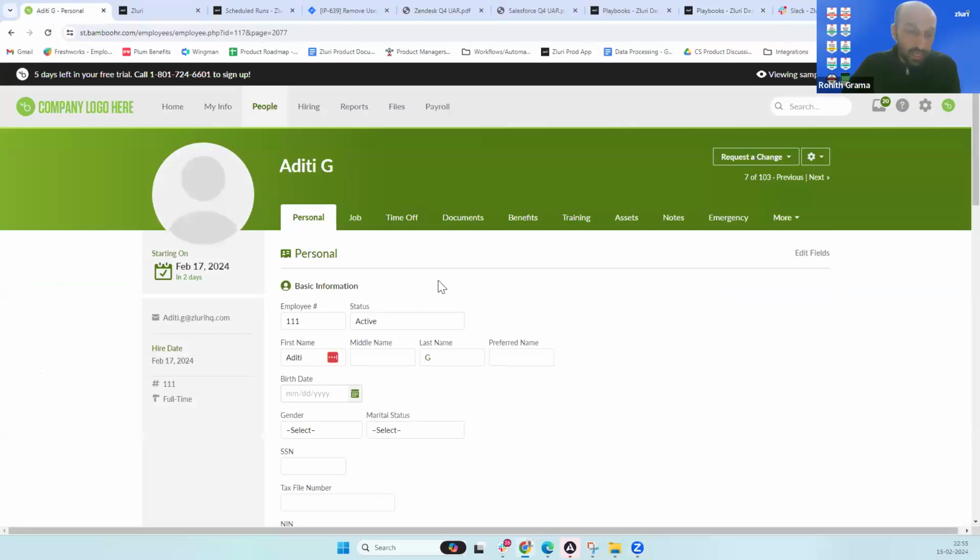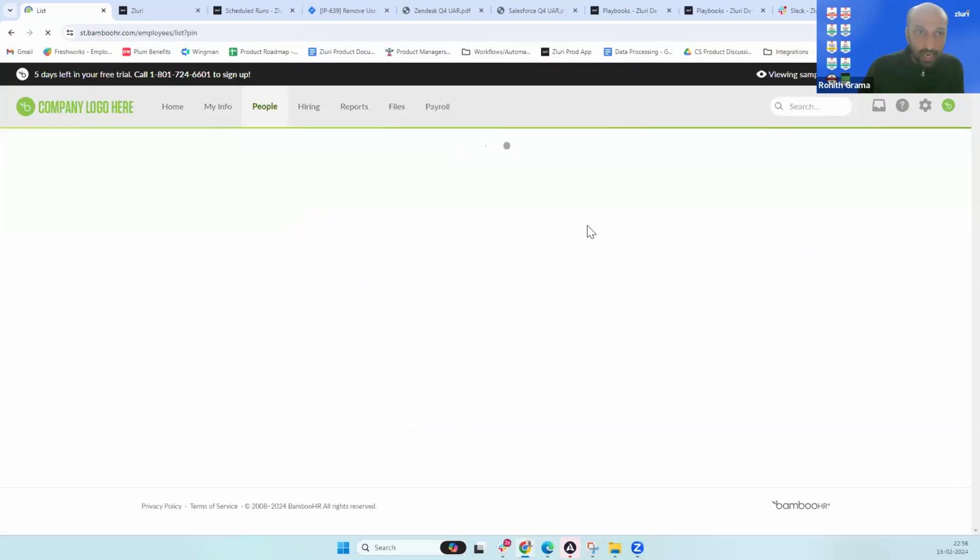So we'll start as Aditi started off her slides. We'll start with zero-touch onboarding. This is what we're calling zero-touch onboarding. Basically, what this means is, the screen that I'm on is Bamboo HR, which is basically an HRMS application. So let's say you come into this application, you have a new candidate, and let's say you add the candidate in your HR tool,